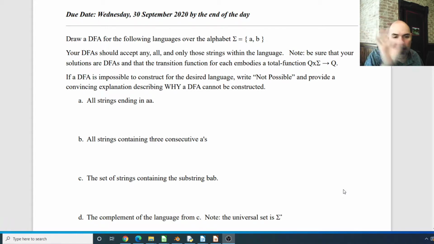As soon as I get A, I'll always accept. So think about how you'd make that. I think these are kind of fun to do. They're like little logic problems to solve, kind of like, how do I make this contraption that does what I want it to do? And one of the things that I like to do on that, let me switch back to this for just a second, is